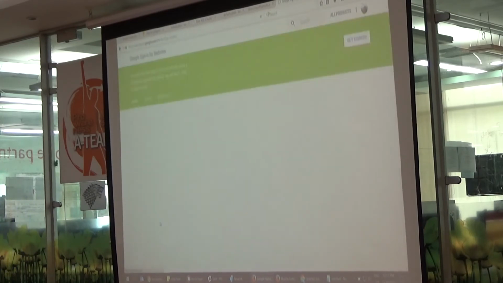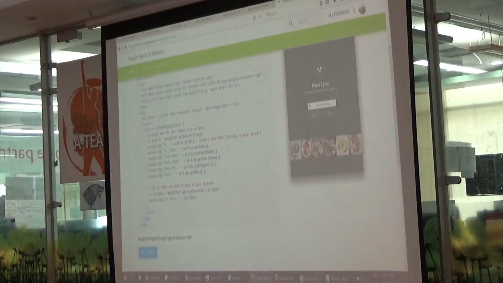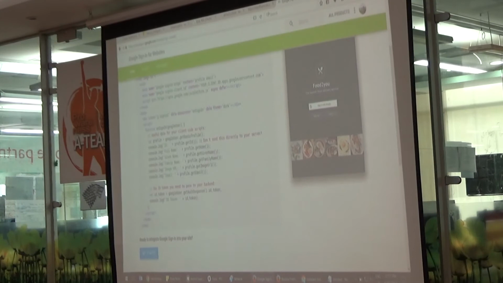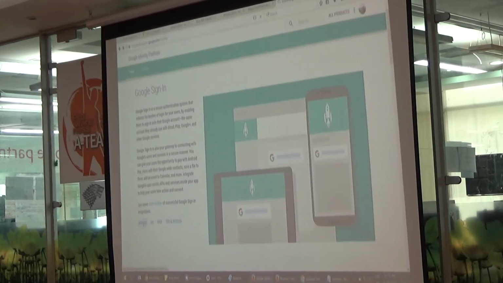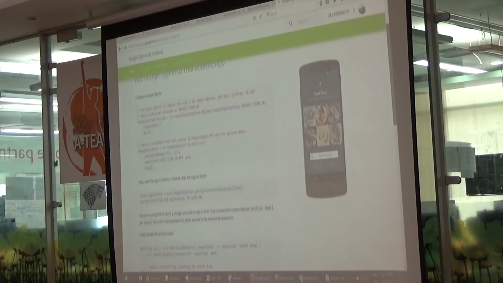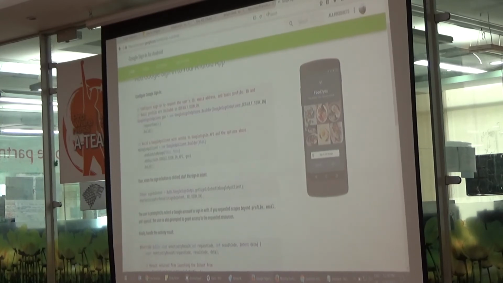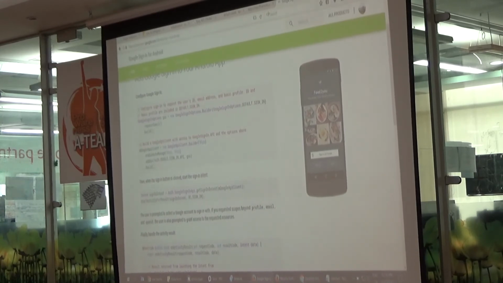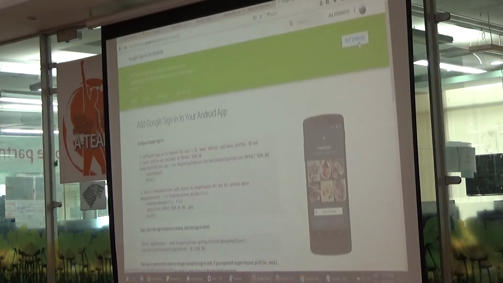When I say web, it simply showed you the code that you can use on your website. This is the code which you see. I can go back and do Android also. It will show you the Android code that you can use to add OAuth or Google authentication into your Android application. The other steps of getting started, signing up, creating a project and generating an ID and a secret, are all the same.